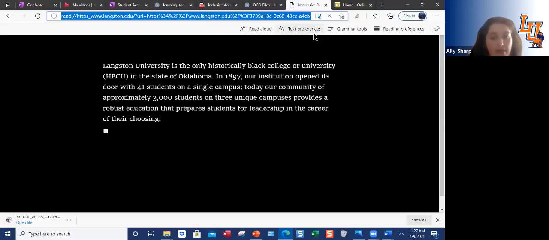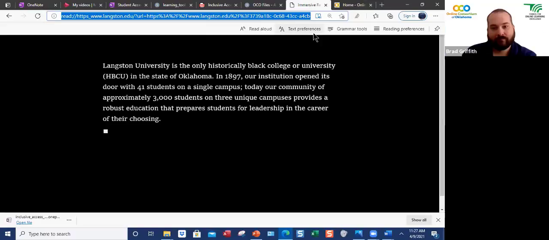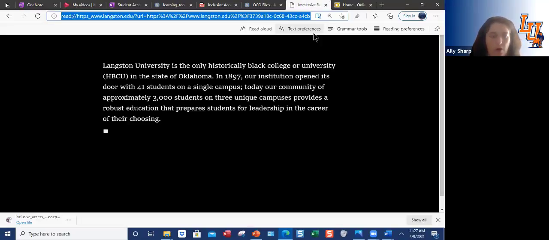Well, I will tell you that you can get the Immersive Reader tool as an add-on for Chrome and I believe Firefox. That's good. Thank you. Dr. Sultani would know more about how to get add-ons for Firefox because he uses that a lot. But they do have inclusive access for those. It's weird because some things do work better, but when I'm thinking about what's best for students right now, it's Edge because it's free and it has all these tools. And I do think Immersive Reader is available as an add-on.